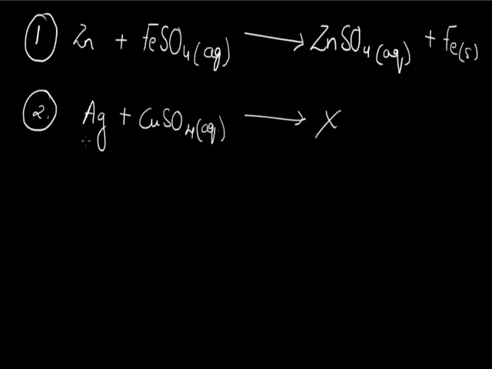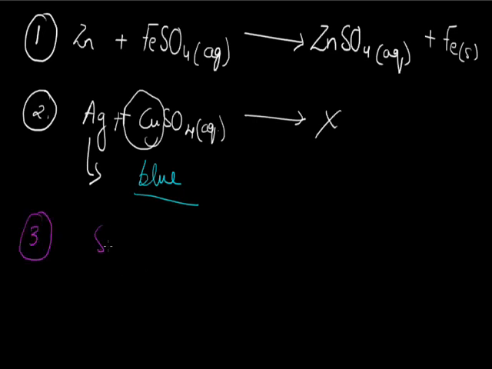Why? Because silver is below copper in the reactivity series, and hence it will not be able to displace copper from its salt solution. So we can see the blue color of copper sulfate does not change after the reaction also. There is no reaction occurring. The silver placed in copper sulfate shows no reaction, and after the reaction we can see the same color of the solution, and the rod is immersed as it is. There is no change.